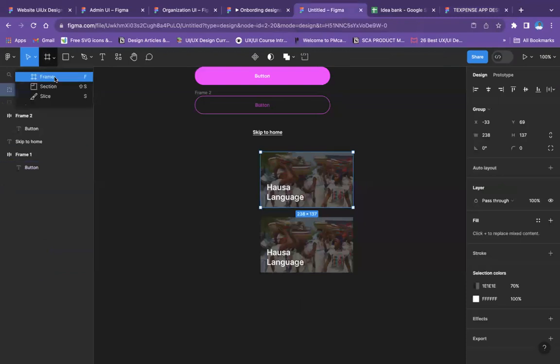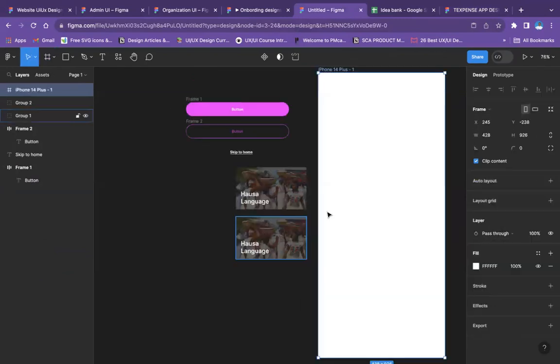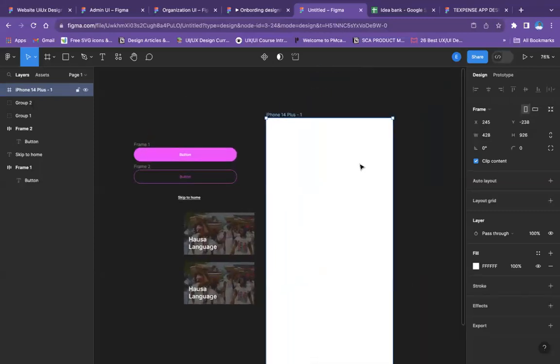All right, so guys, let me do this illustration one more time. First, pick up the frame that you're using. After the frame, the next thing you need to do before you start designing is